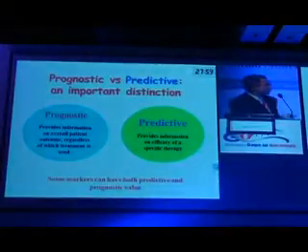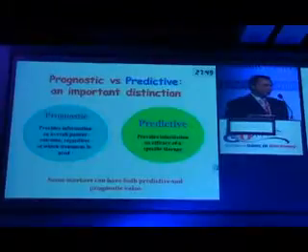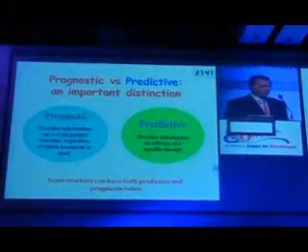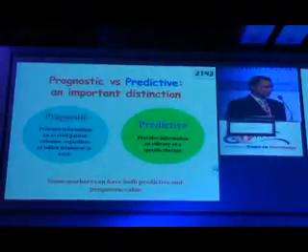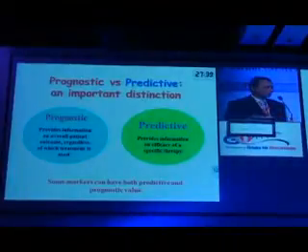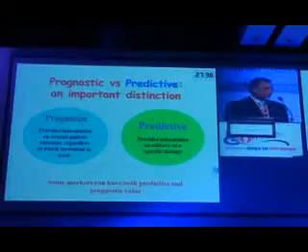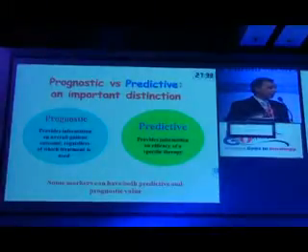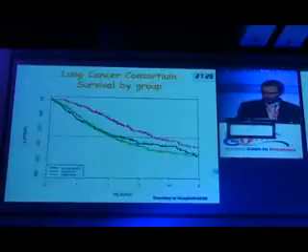Two distinct classifications. One is the prognostic one. A biomarker may be both prognostic and predictive, or singularly one of the two, so you have to be careful what you're thinking about, what you're doing. Of course, prognostic is something like Oncotype, for example, which is more prognostic than predictive. Predictive is something which is going to give you the effect of the outcome of the treatment, so this is directly related to what we're talking about in targeted therapies.